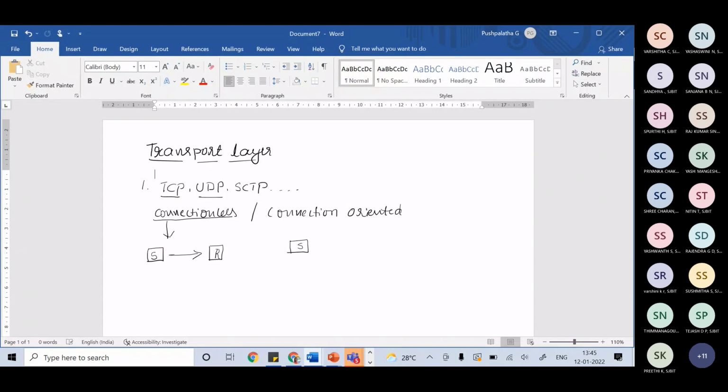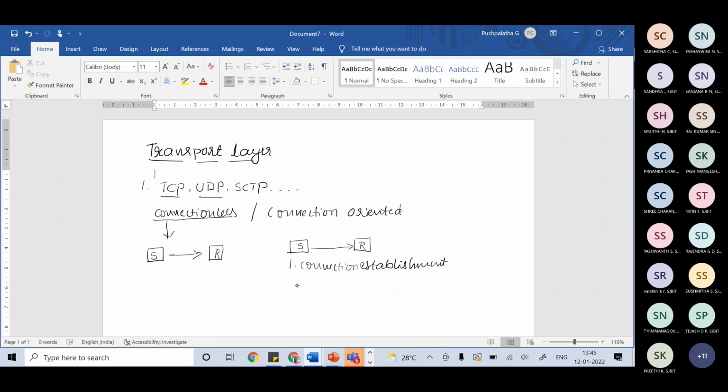If I have a sender and a receiver, first the connection has to be established. The first step is establishment of the connection, which is done by sending a request packet to the receiver.